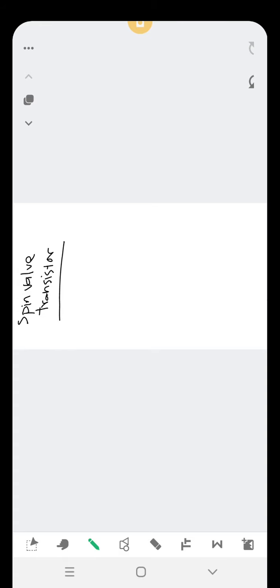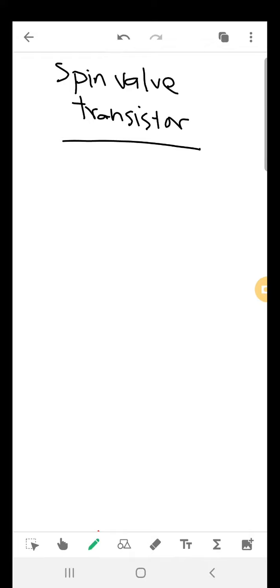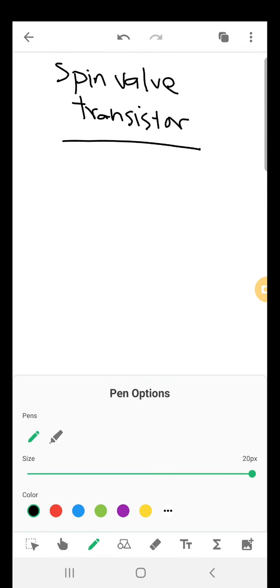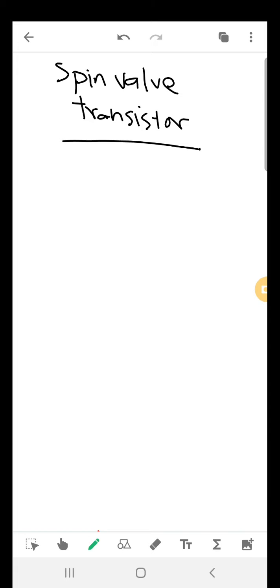Now, it looks like the following. With the silicon base, there are some metallic multilayers,